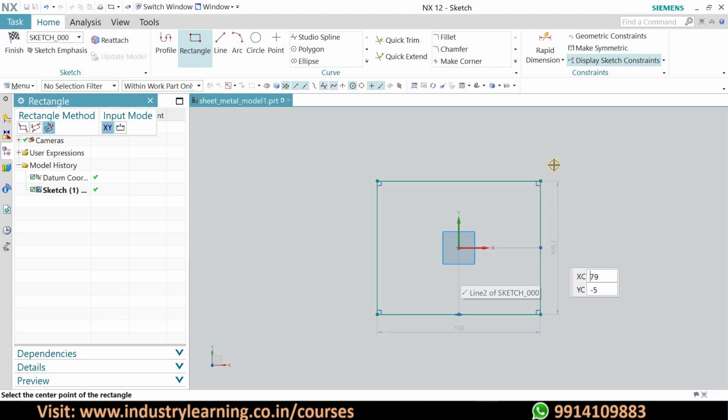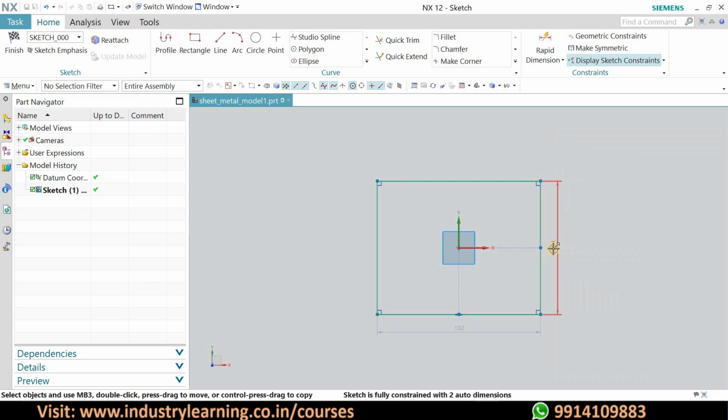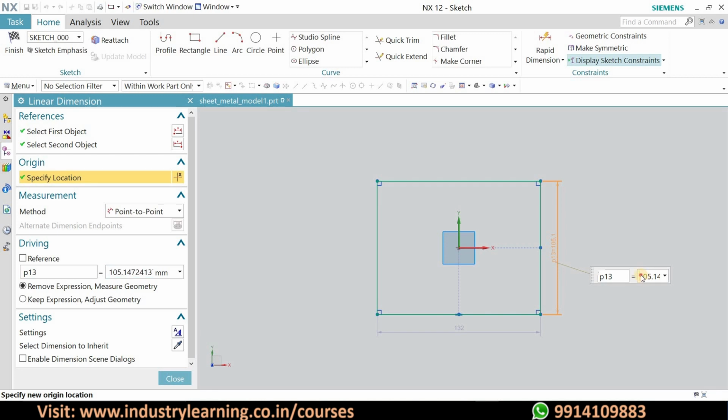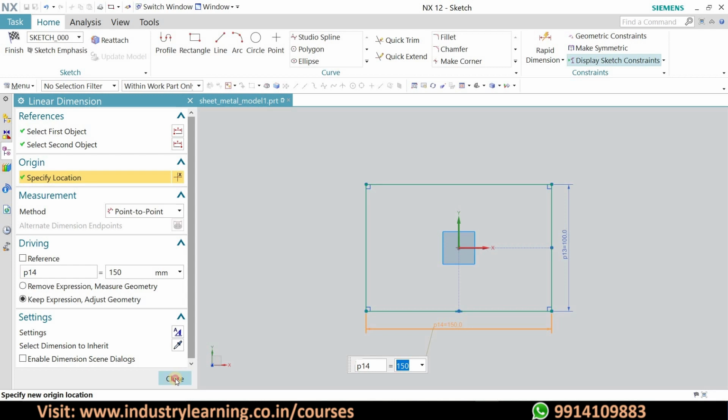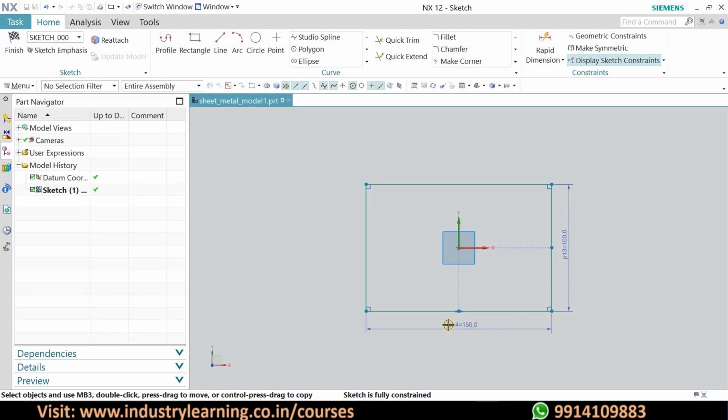We can change the dimension also, and for that you can double click here, and once the editable option is here, you can make it 100, and the other dimension, the length, you can make 150. That's all. We have adjusted both, and now this is a 2D sketch.